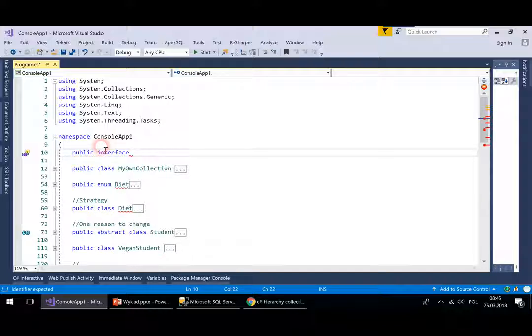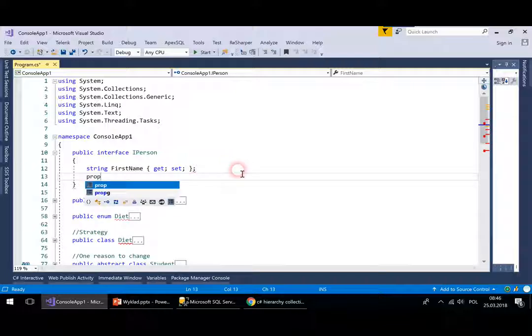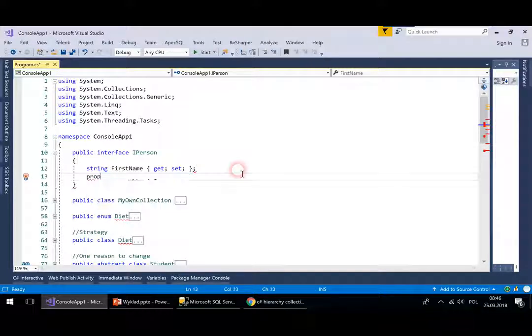And let's say I will call the interface I person, because this is the syntax and the convention, I always type it with the I. And I will create some methods. First, some attributes, let's say properties: first name. I don't need this public keyword because this is an interface, so by default all of the things are public. Last name,